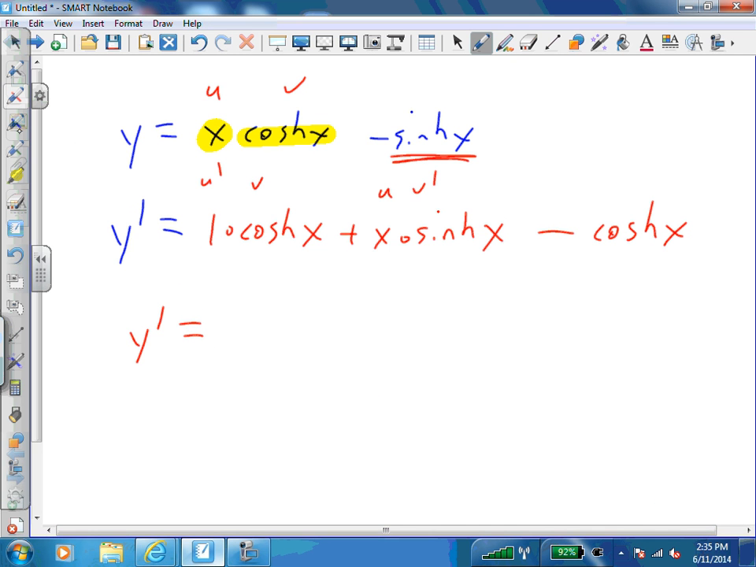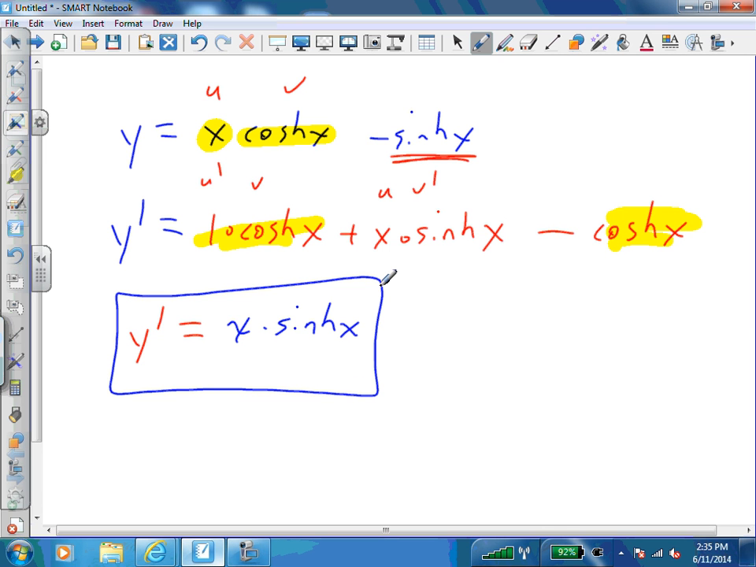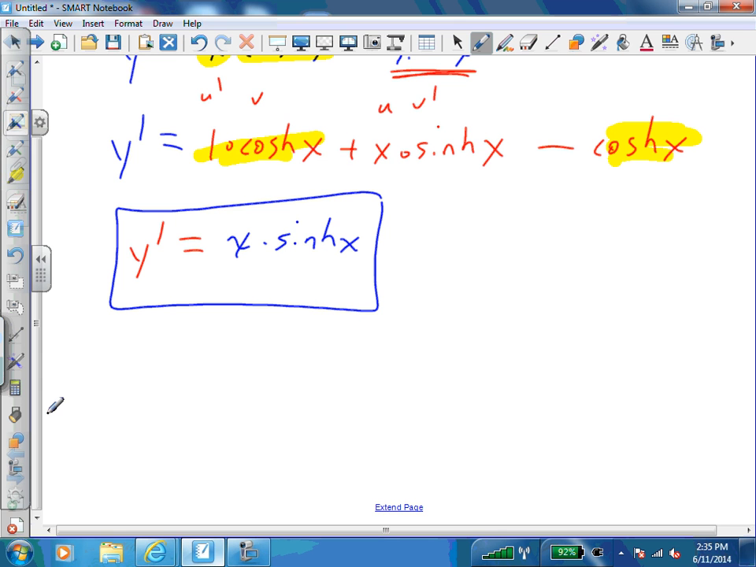Notice what happens with the first and the last terms. Cosh minus cosh cancels. So we end up with x times hyperbolic sine. So let's just do this. If we want to find the slope at x equals 2, we substitute 2 into our first derivative. 2 times hyperbolic sine of 2, which,